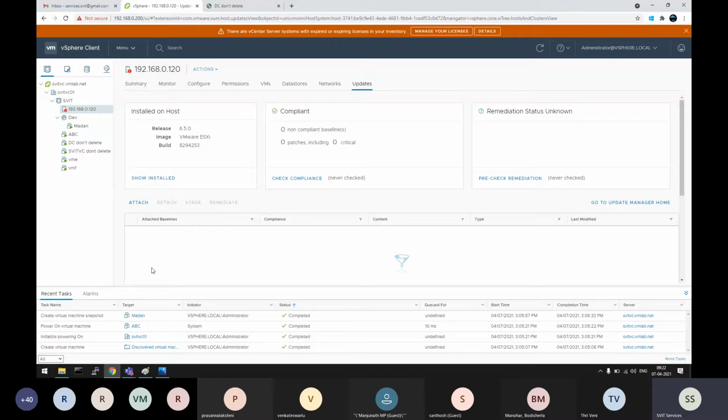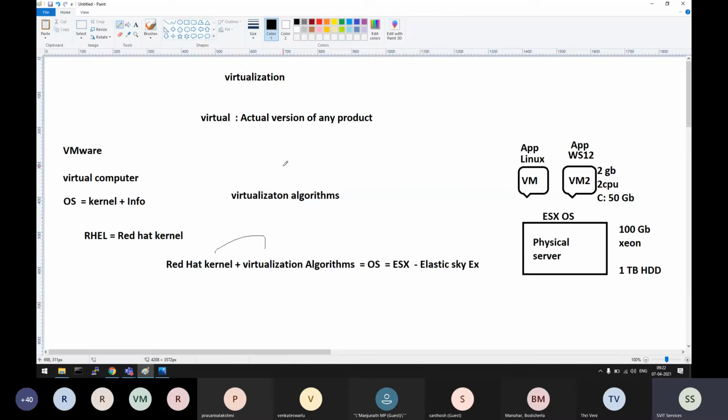And in the later classes, we'll see how to get help from there only. You don't need to ask even anybody else what is the command to do this task. You can get help yourself. Okay, we'll see those things later. The subject is completely GUI only, GUI based. Fine. That's how they have developed that ESX operating system.